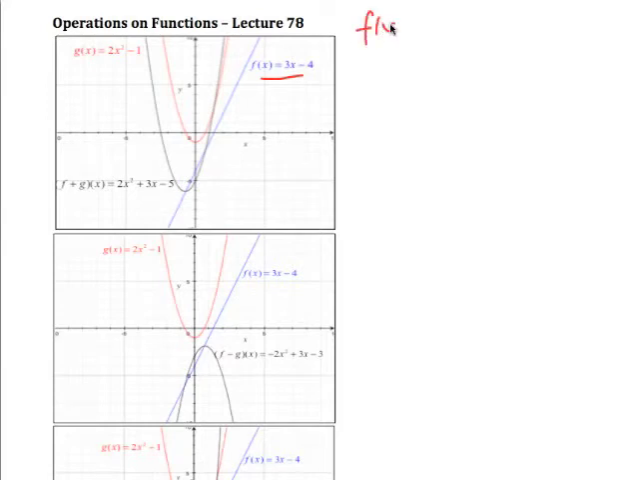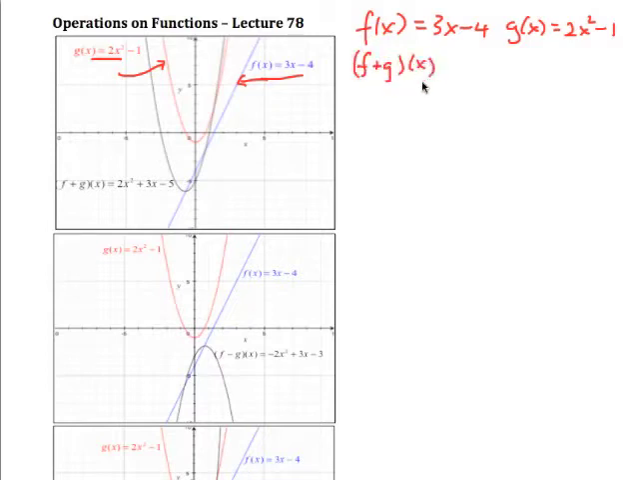If we have f of x equals 3x minus 4, and g of x is equal to 2x squared minus 1, you can see the graphs here. Here's the blue one, and over here the red one. What does it mean to add the two functions? Well, it means that at every point, for example, if we take the point,